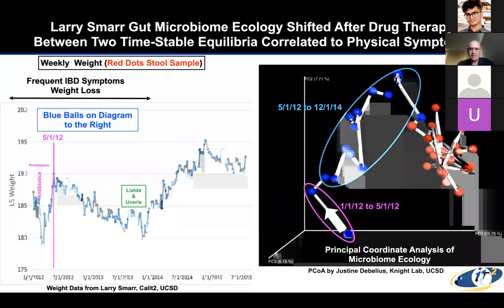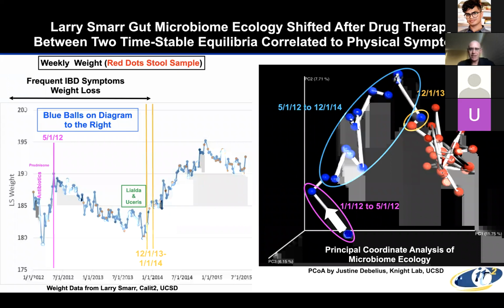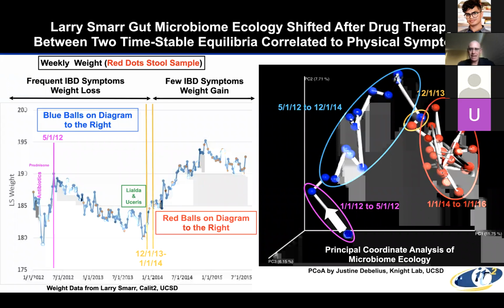He changes his medications and then moves from the blue regime into the red regime. And then in that period where he's bouncing around at random in the red, what you can see is that his weight goes back up to a healthy set point and his IBD symptoms are basically gone. And so what's exciting about this is the concept that if you have one of these personal microbiome maps, you'll be able to define healthy and unhealthy regions of the space for you.